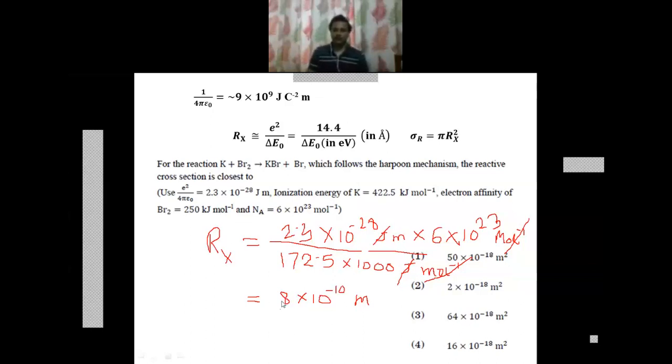so that comes to near about 200, right? Now if you want to make it 10 to the power minus 18, so that is going to be 2 into 10 to the power minus 18, right? So the answer is this one. I think that's what we get, right? So the answer is going to be this one. Okay, I think